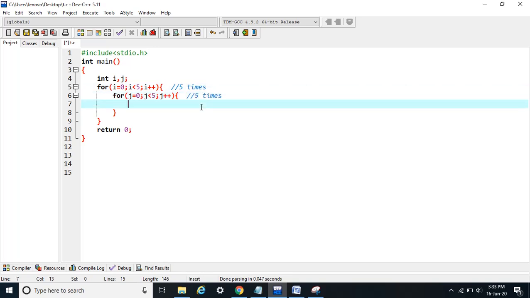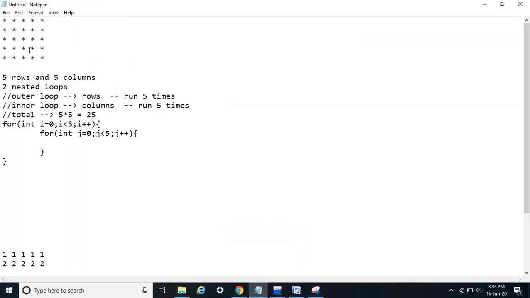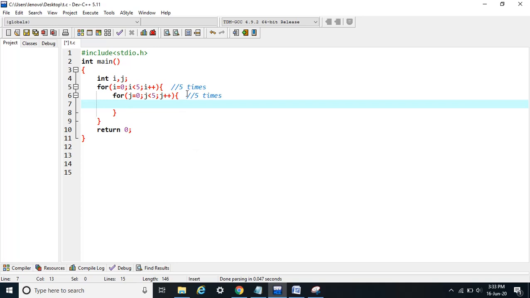Now how to print this star? If you observe your keyboard, we have a star, we can simply print it like this, and I will also print a space after that. So what will happen?